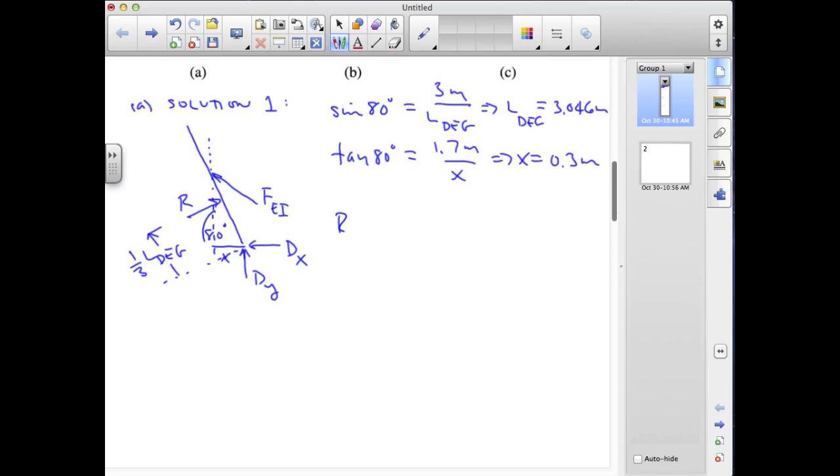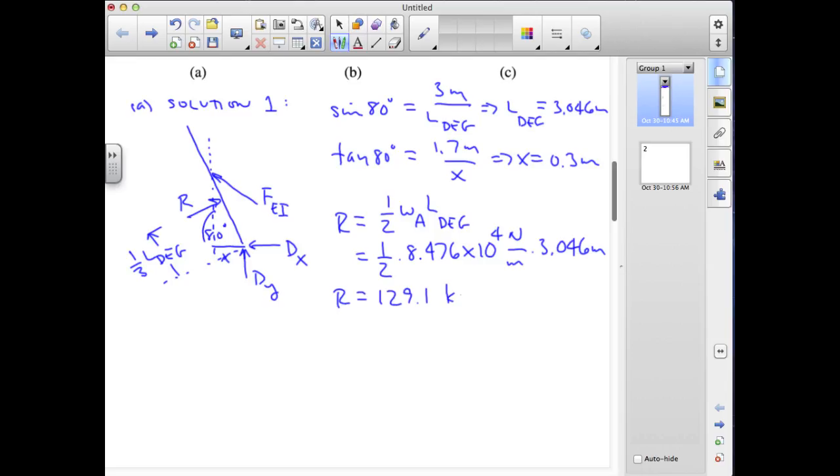The value of that resultant force is just the area under the triangle, 1/2 the line load value at A times the length of DEG. So we calculated the line load at A previously. That was 8.476 times 10 to the 4th newtons per meter. Now we have a slightly longer length of DEG. That's 3.046 meters. And that gives us a resultant force that's equal to